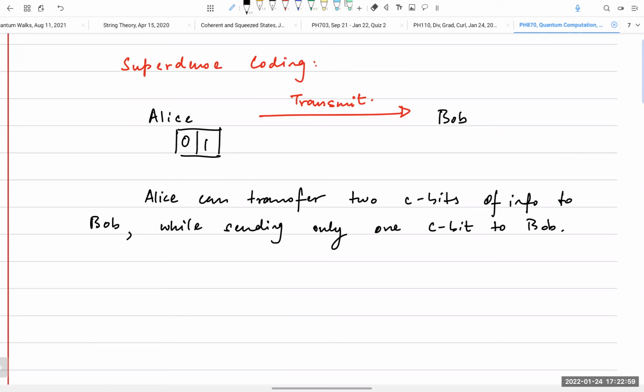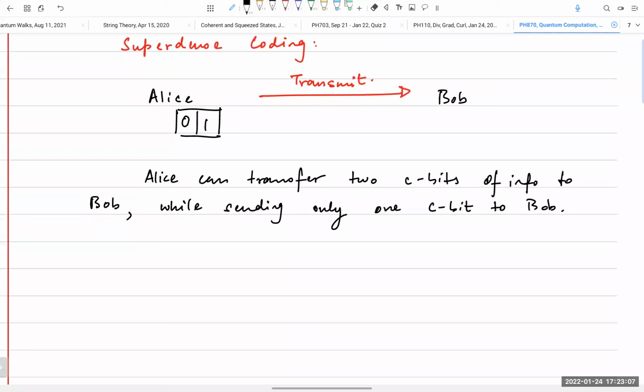So these two bits that Alice wants to transmit form part of an incompressible message. This is important,